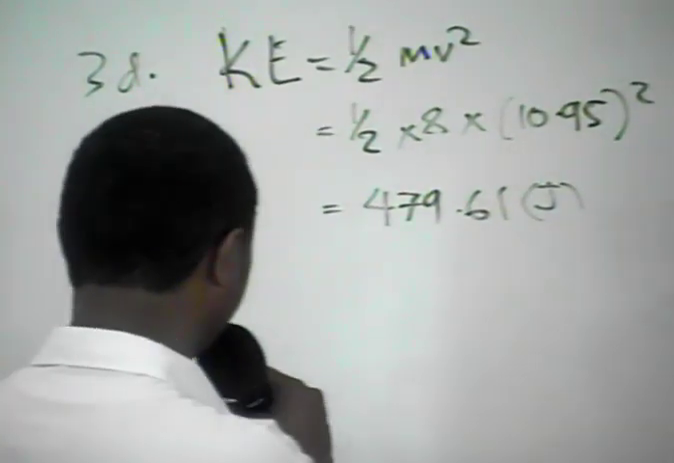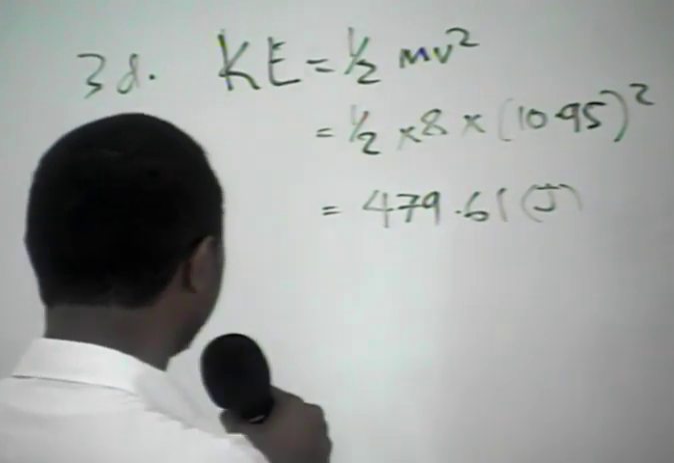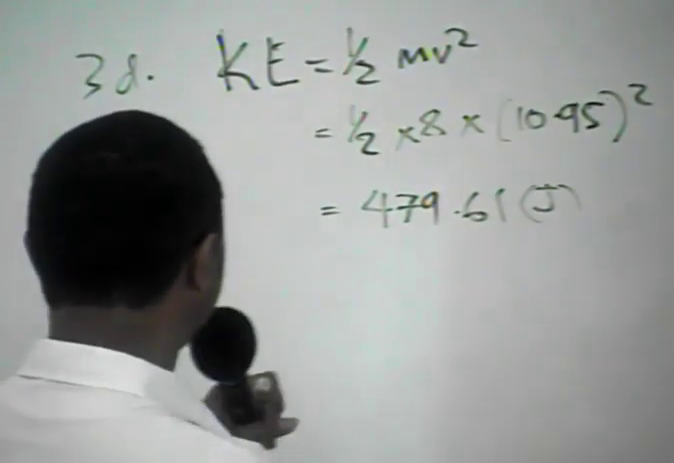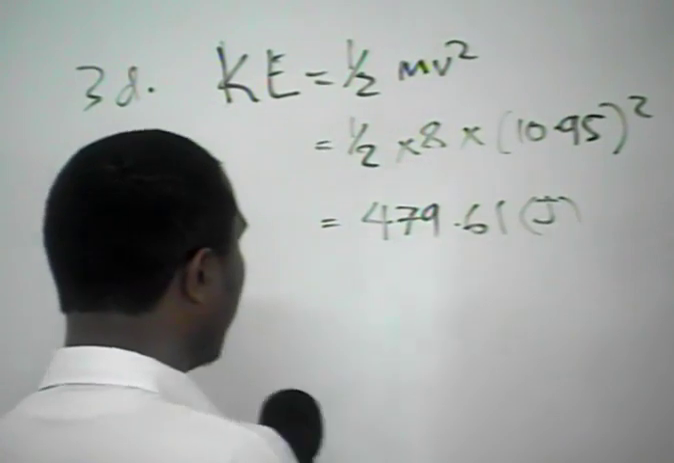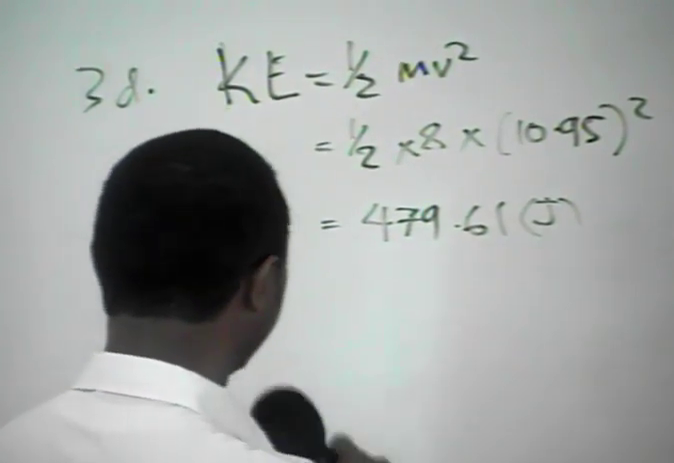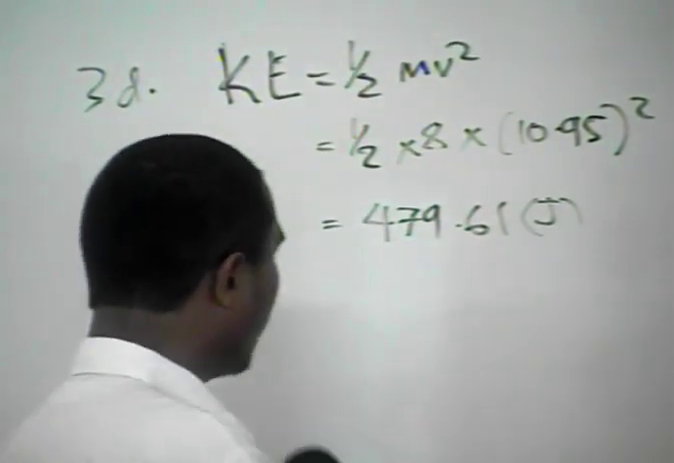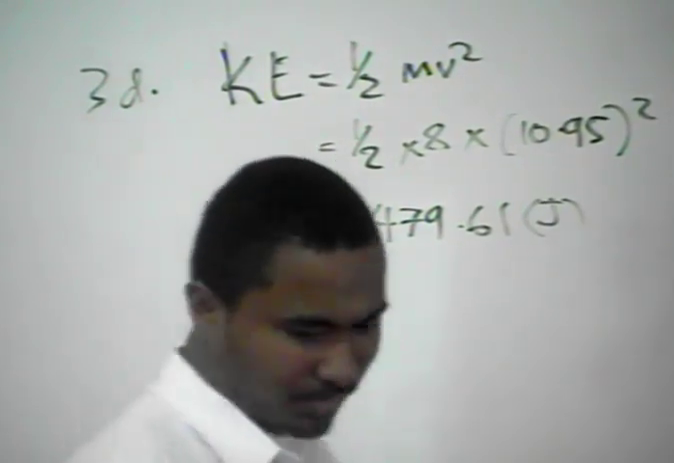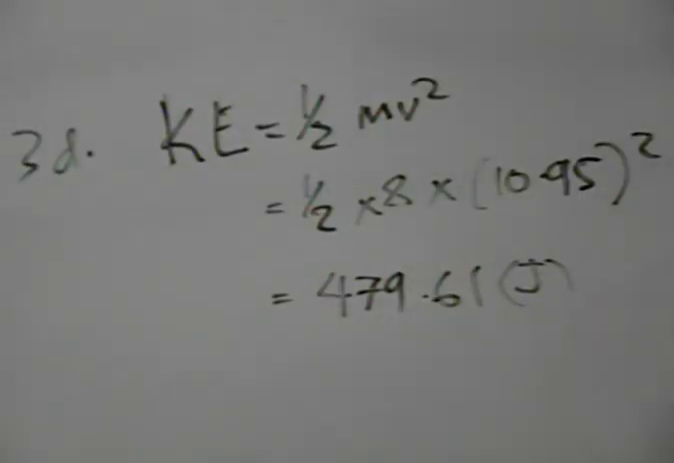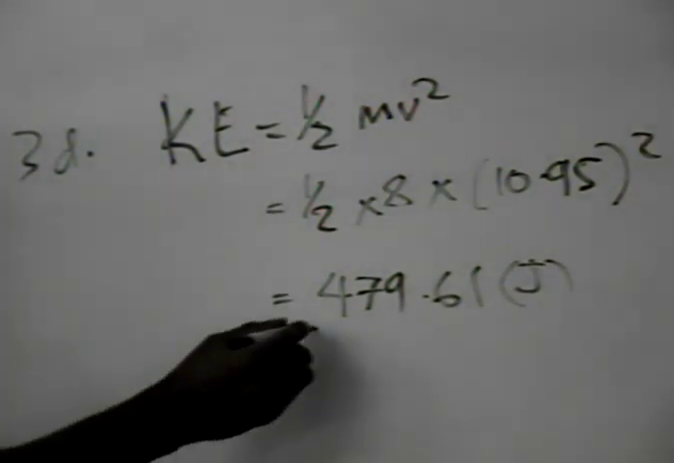Using the formula for kinetic energy, half times mv squared, I got half times 8 times the square of 10.9, and the answer is 479.61. 479, which is almost equal to 480. All right, this can be either